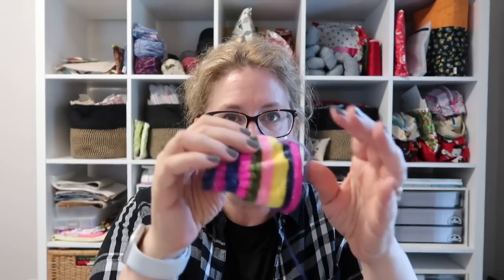So for me, sock knitting is ideal because I don't need a pattern. I don't need to count. As long as I've cast on and I'm at a point where it's just round and round and round, it is the perfect activity to do when we're having dinner with my father-in-law and we're sitting at the table both before and after having coffee. When I'm in the car, it's just an easy thing to do. So in the car on the way to the cottage last weekend, I worked on this sock,